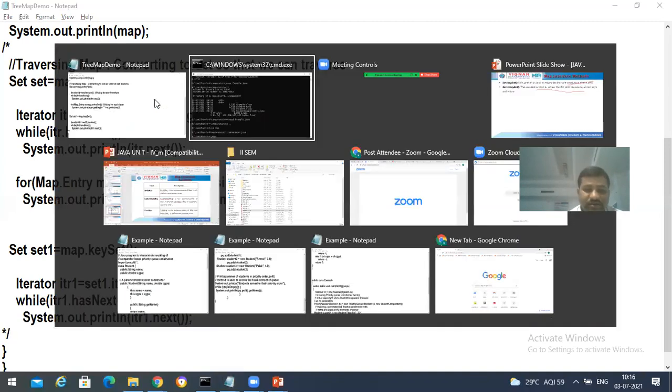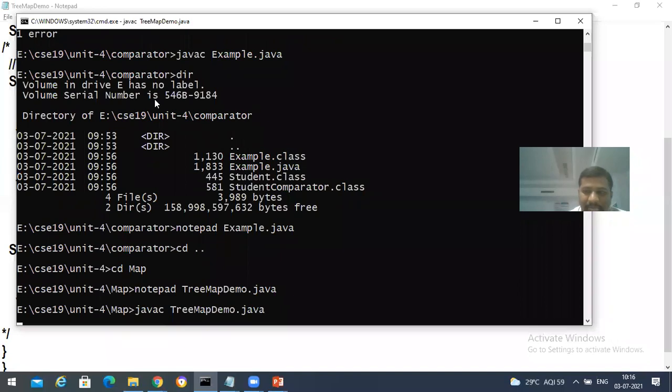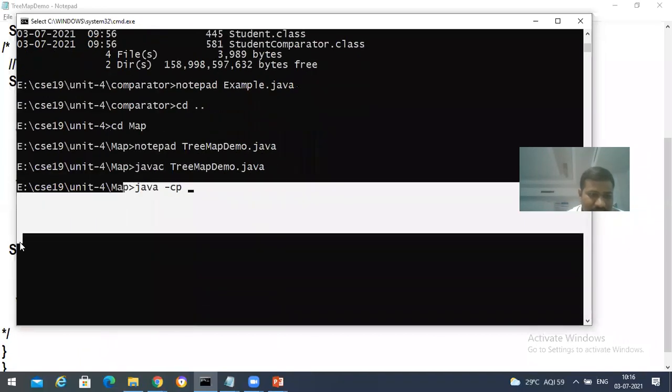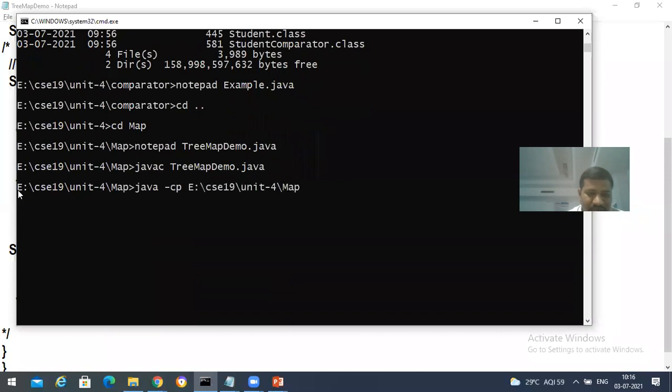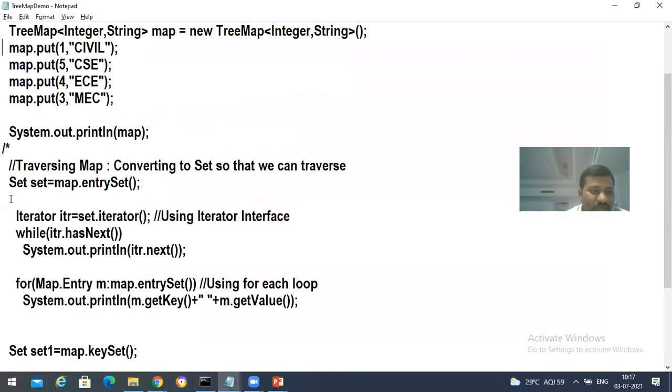Just save it: javac TreeMapDemo.java. So like that, we get the complete key value pairs.